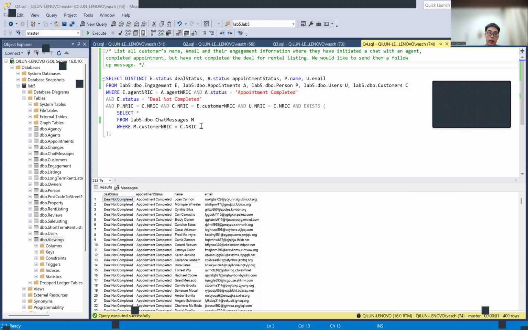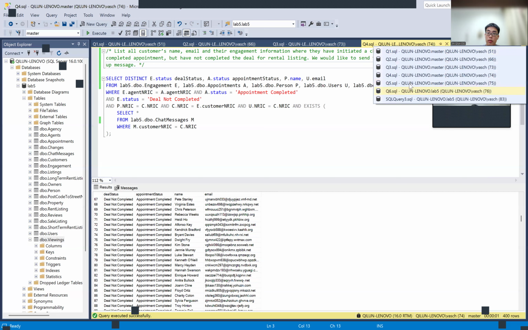So we have this condition here. So we can see that in the output, the appointment's been completed, but the deal is not completed, and the name of the customers is all shown here as well as their respective emails.